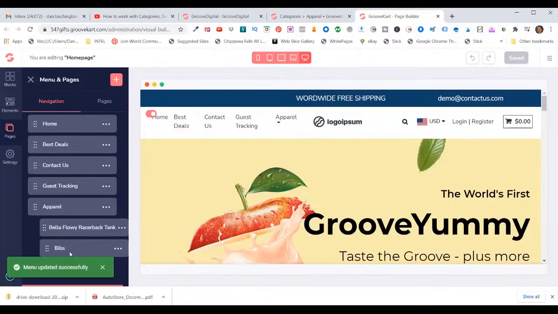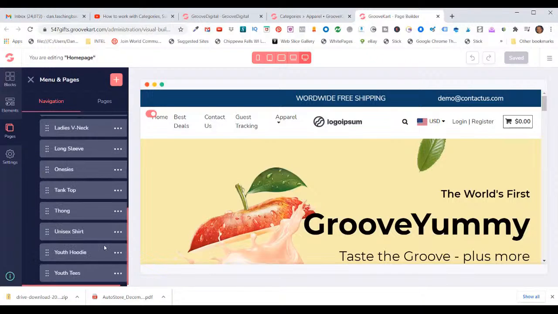And now we have a bibs subcategory. I'll go through and add several more pull-down subcategories under apparel, but I won't waste your time watching me do that. I'll just go ahead and do it, then I'll show you my results. Alright, so I've added in several subcategories, and I'm going to show you how I did the last one again